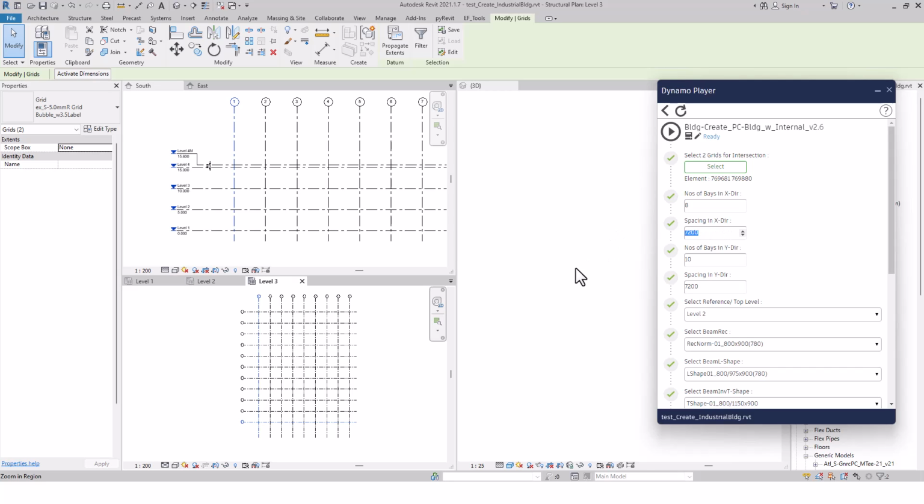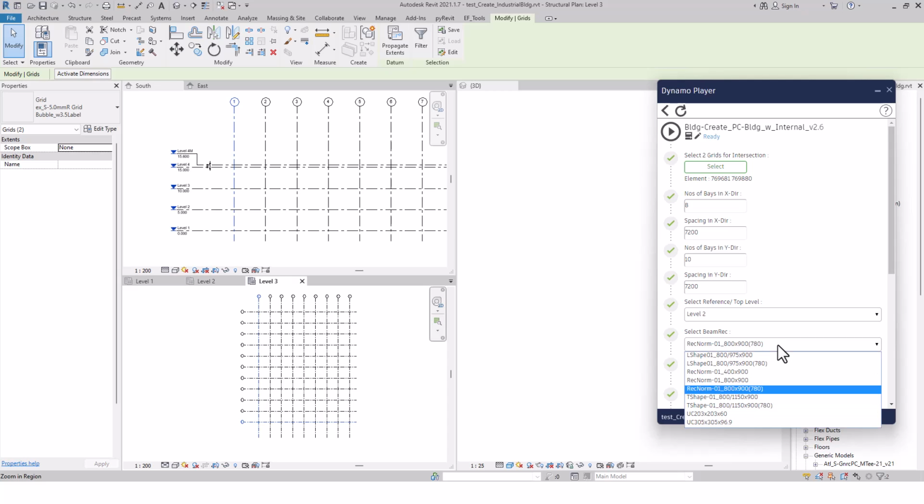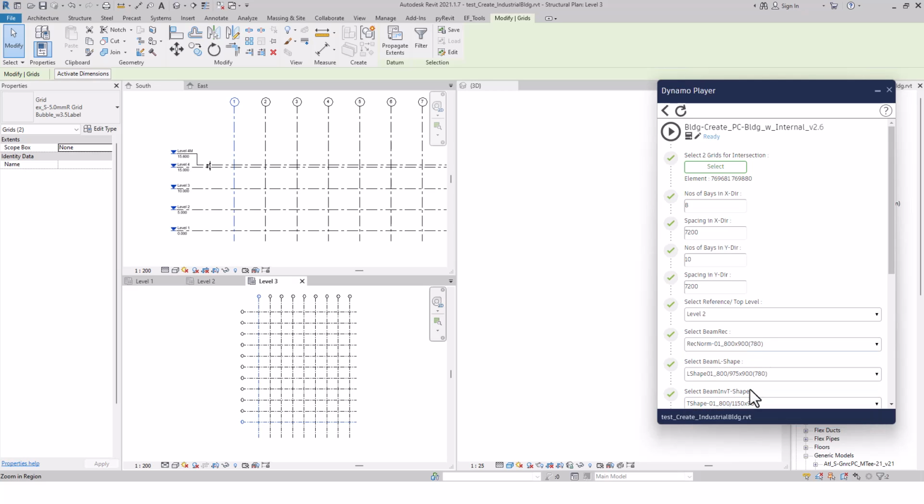So for this industrial type, normally we use a grid spacing of either 7.2, 8.4, or 1.6. Basically we use that, right? Okay, so top level is going to be level 2, and here for this rectangular beam I will be using 800 by 900, 780. This beam is actually, the edge depth is only 780, not 900. The reason is that we are trying to cut 120